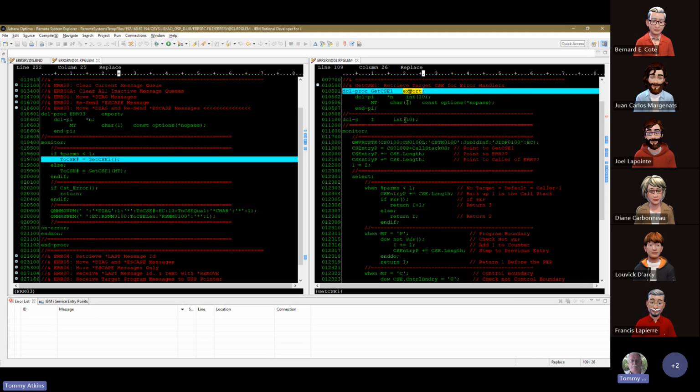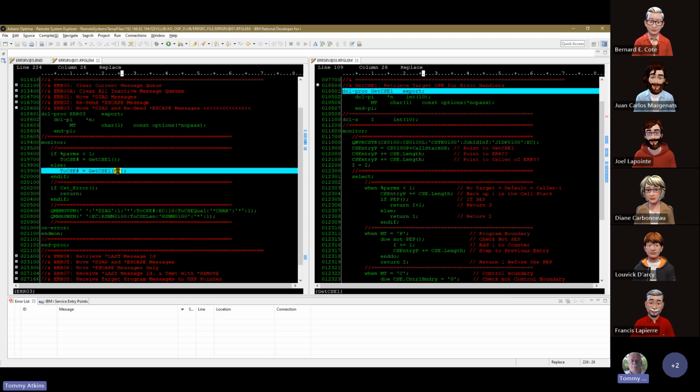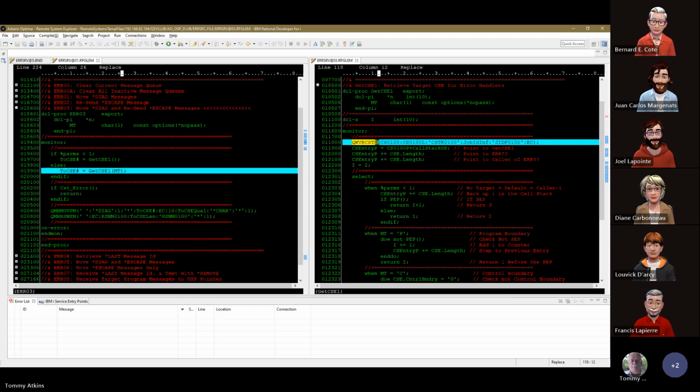It's exported, so it's available to this module. It receives the message target, which, as you can see, if there's no parameter, it's blank. If there is a parameter, then it sends the message target on from the incoming parameter. And it uses this API